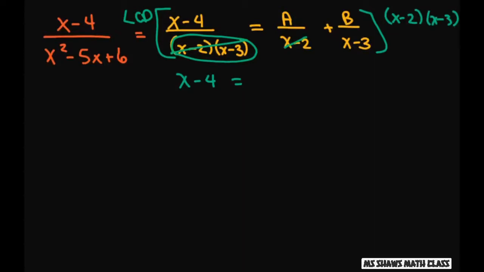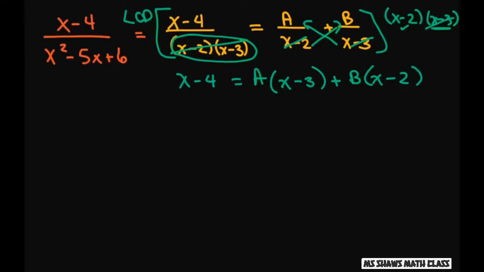And this will cancel, and you get a times what's left, because that cancels. These two would cancel, so you get a times x minus 3 plus, remember, you're just kind of crossing up here. And then it's going to be b, because these two cancel, times x minus 2. Now to simplify, let's go ahead and let x equal 3. If we let x equal 3,